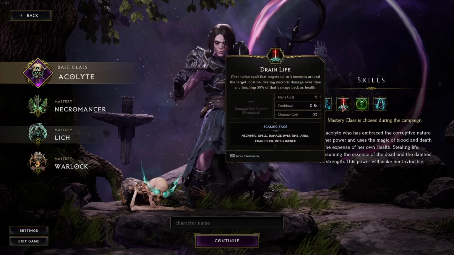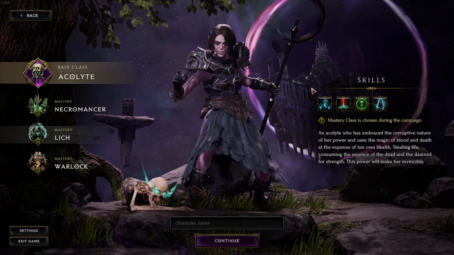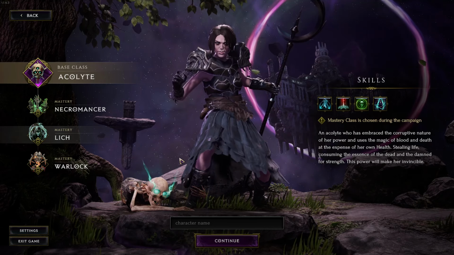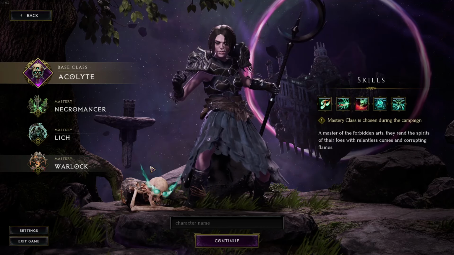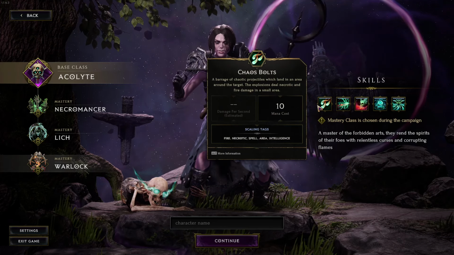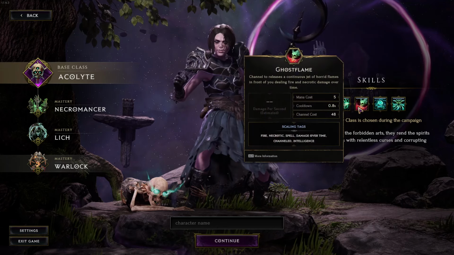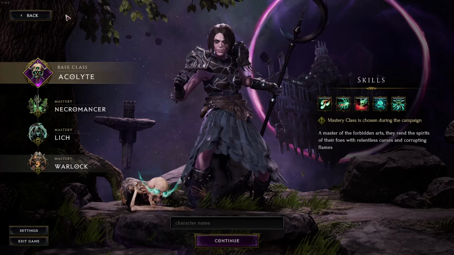Then there's Lich. So uses their own health to do damage and steal life, I guess. And finally, Warlock. Master the Forbidden Art. Run the spirits of their foes with curses. Okay. Corrupting Flames. Yeah, I'm not going to read through all of these, but just at a first look,